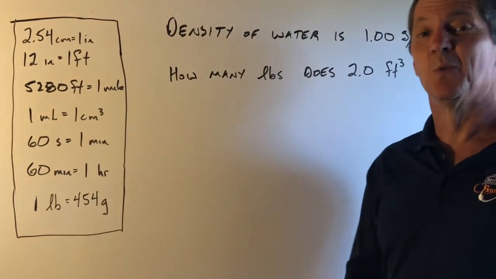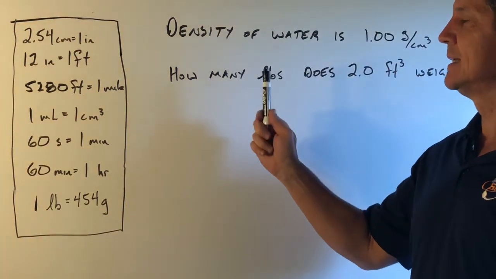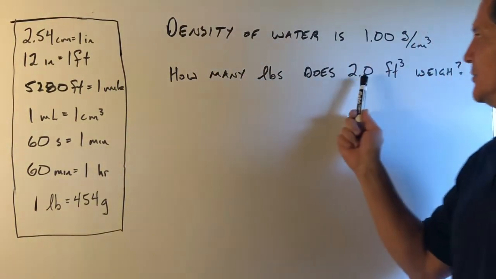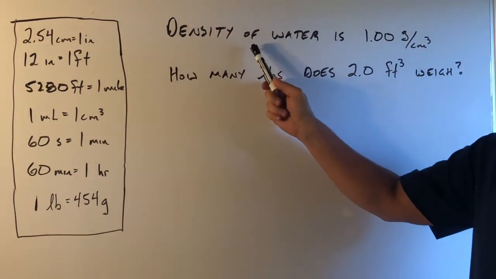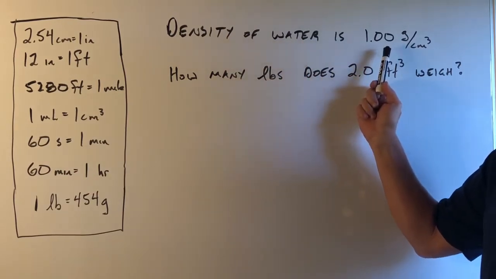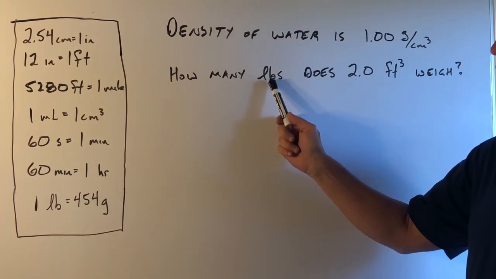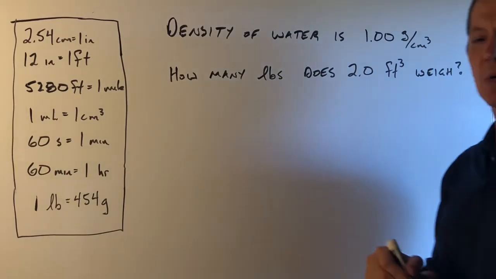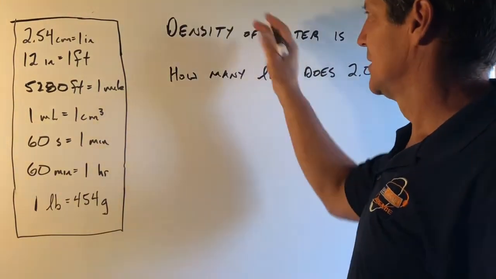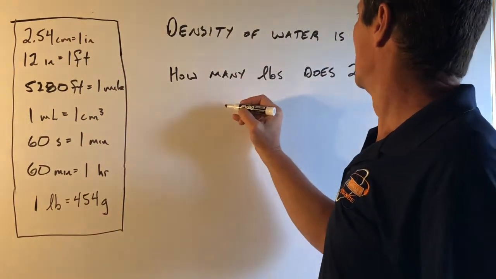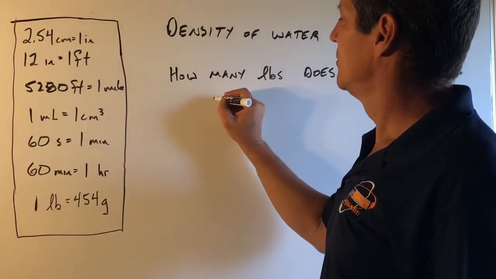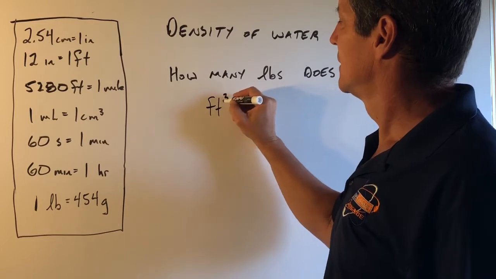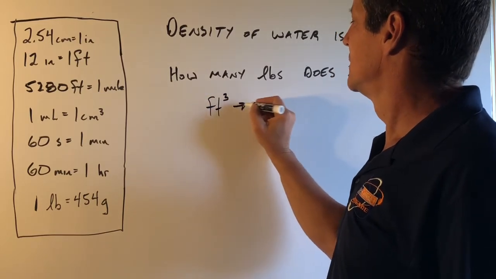All right, let's do one more. This one, we're going to calculate the mass of 2 cubic feet of water. So we know that the density of water is 1 gram per cubic centimeter. Our question is finding the number of pounds that 2 cubic feet of water occupy. So as before, first thing to do is make sure we understand this problem, and we're going to go from cubic feet of water to pounds,